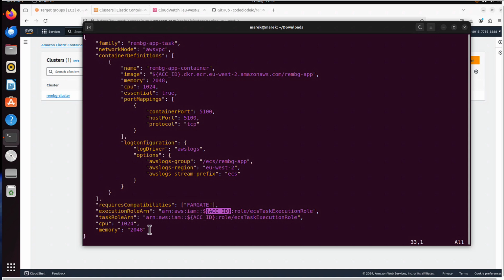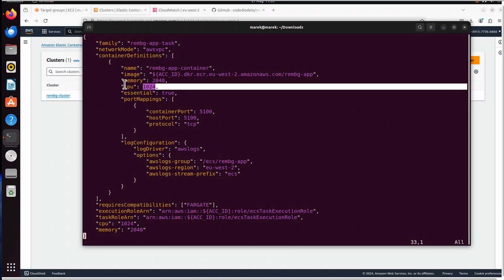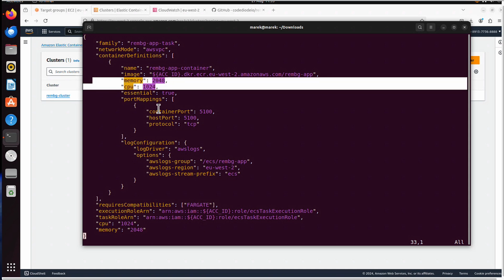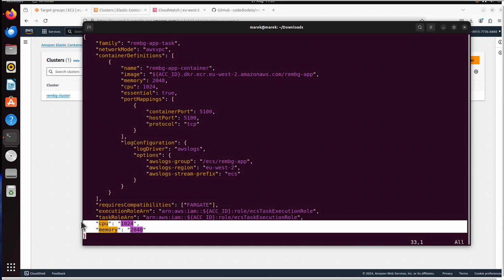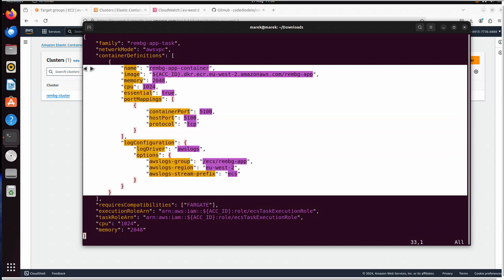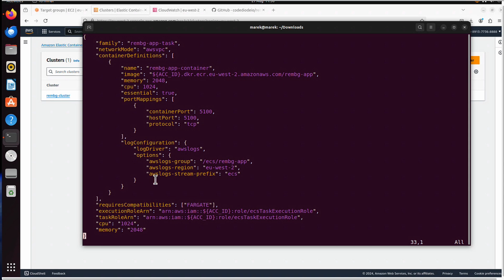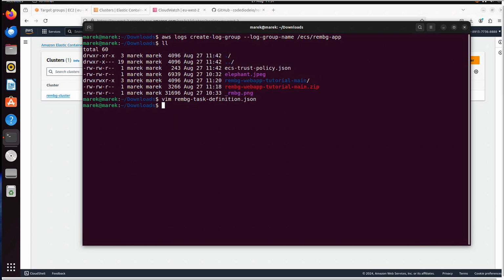But I wanted to point out that CPU and memory, again, it's important that these values are the same or higher than the values we have here for the container definition. If you were running more containers, these values would have to be at least the sum of all memories and CPUs that you would include here above. So if I had 2 of them, I would have to put like 2048 and 4096. You know what, never mind, I unnecessarily overcomplicate things. Let's just save it, :wq.